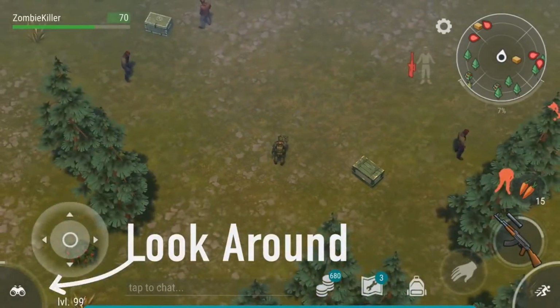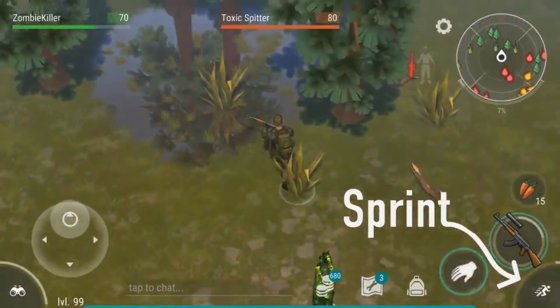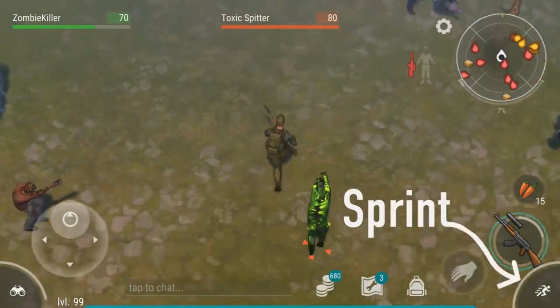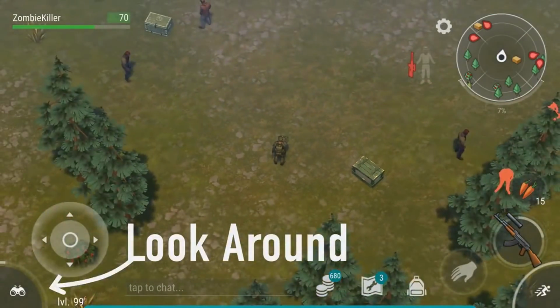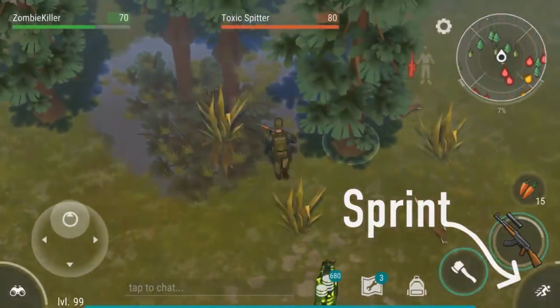But then with these 3 skills that we have, the interesting thing is that the look around skill is replacing the auto skill. At least it's replacing the slot where you would use it. So you now have 2 buttons. You got the one in the left-hand corner and the one in the right-hand corner, which is really weird because in the left-hand corner, that's where we usually have the auto button,